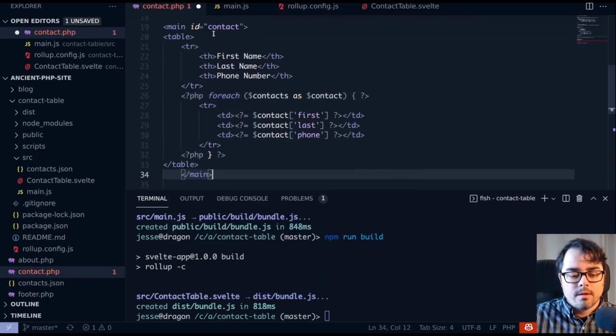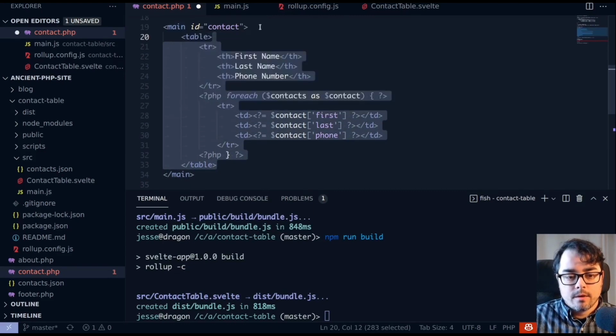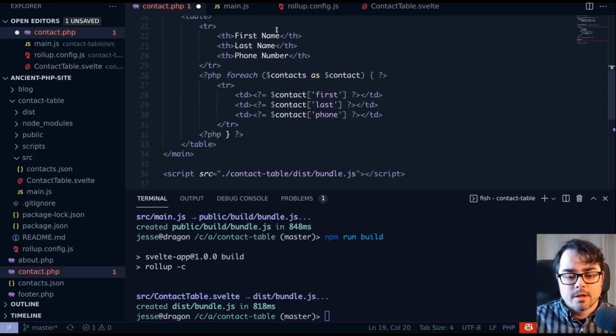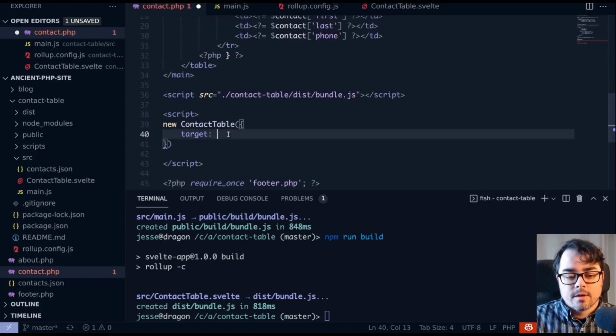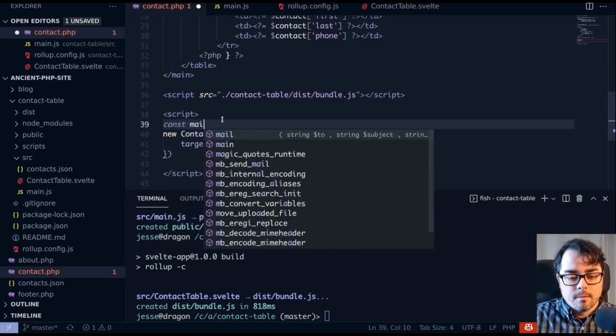And what we're going to do is that when the JavaScript loads, we're going to find this main element. We're going to erase the contents and re-render it using Svelte. So if a user doesn't have JavaScript enabled, they will get the old PHP version. And as soon as the JavaScript kicks in, they will get the new version. So let's make a main